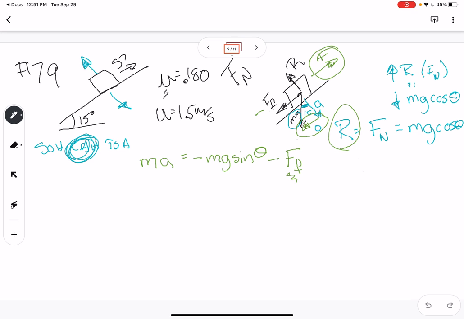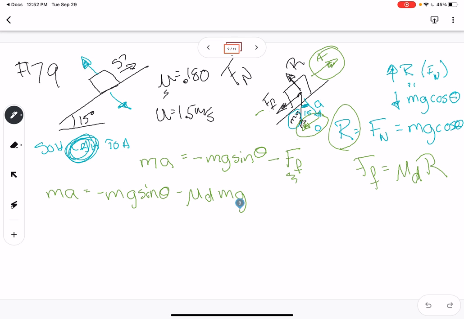We know that force of friction is equal to, because this is sliding, they don't use sliding, they use dynamic. So I'll erase that and replace that with a D. The dynamic coefficient of friction times R. This is directly out of your equation packet. Oh, so is R the normal force? R is the normal force. Yes, it is. Oh. MA equals negative mg sine theta minus mu of dynamic friction times